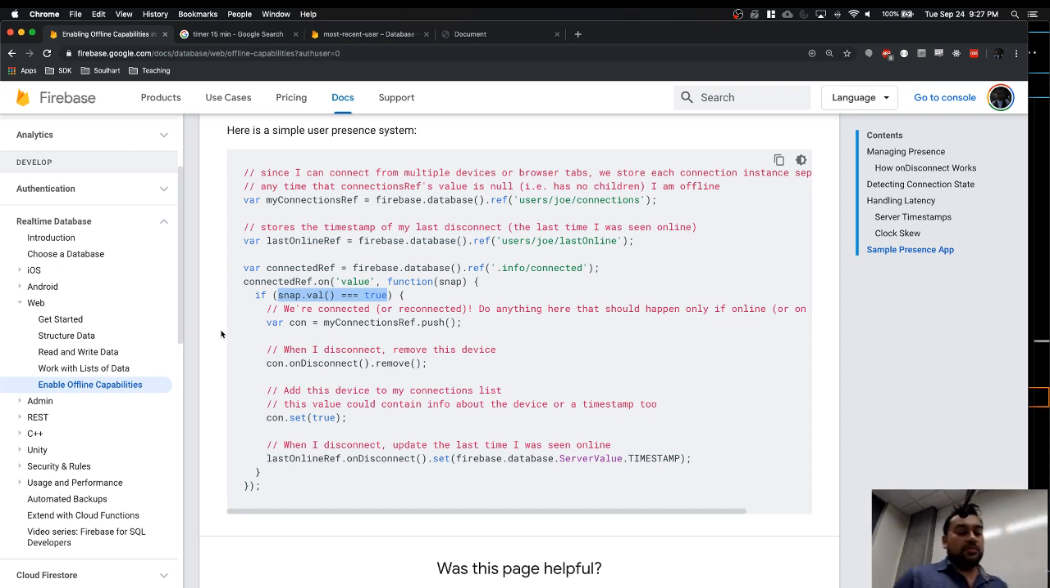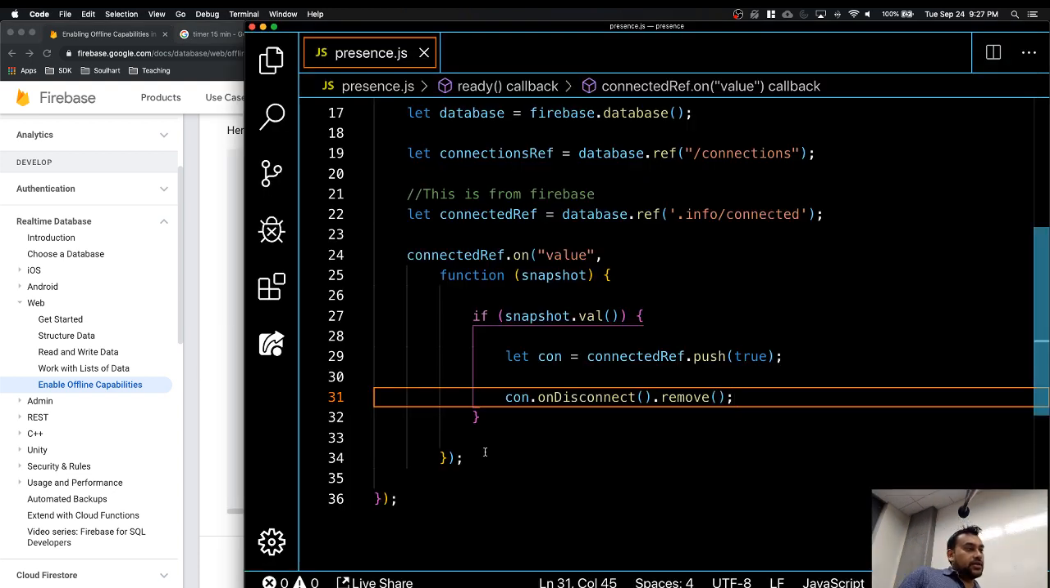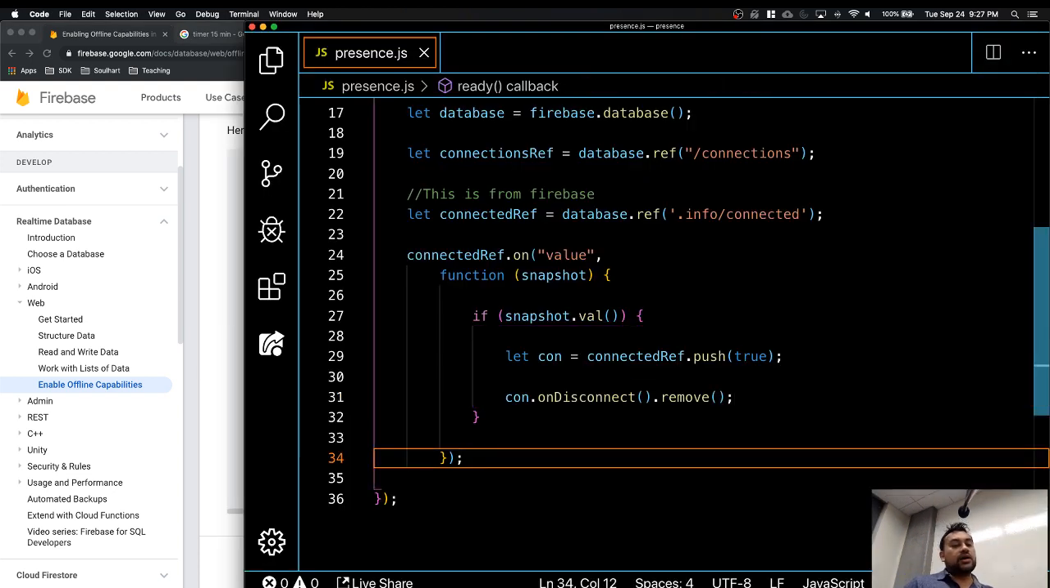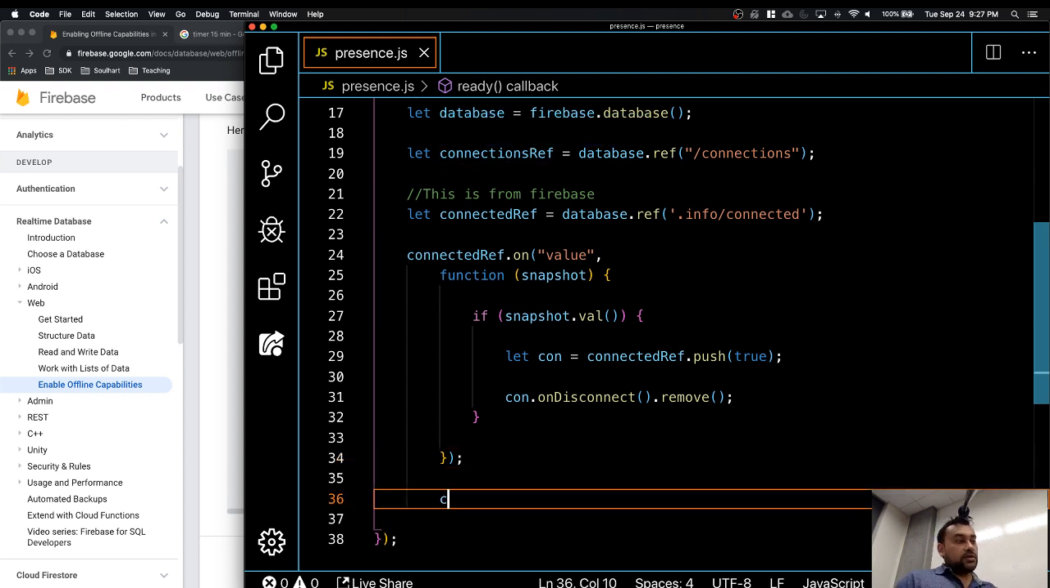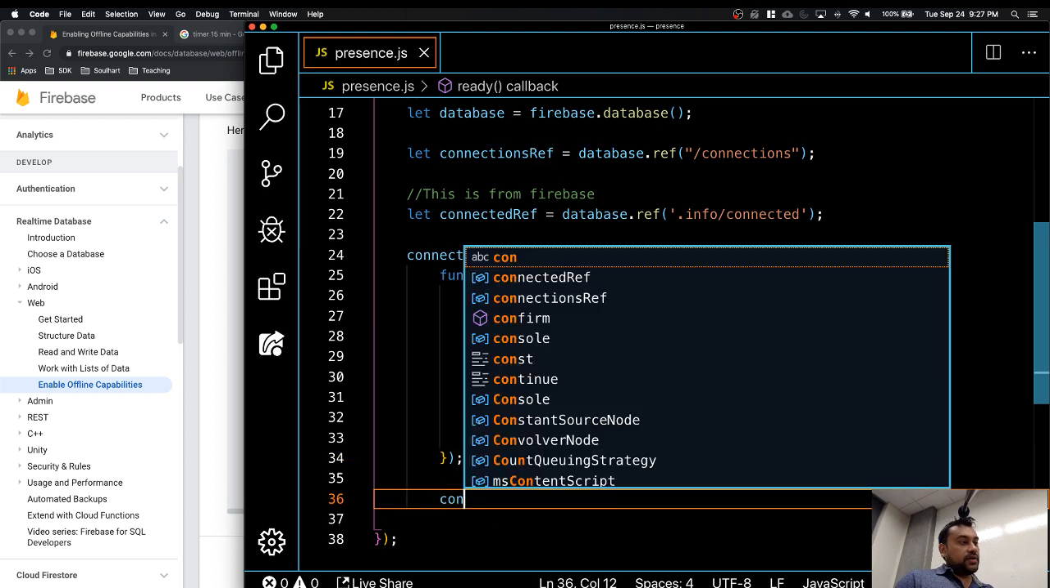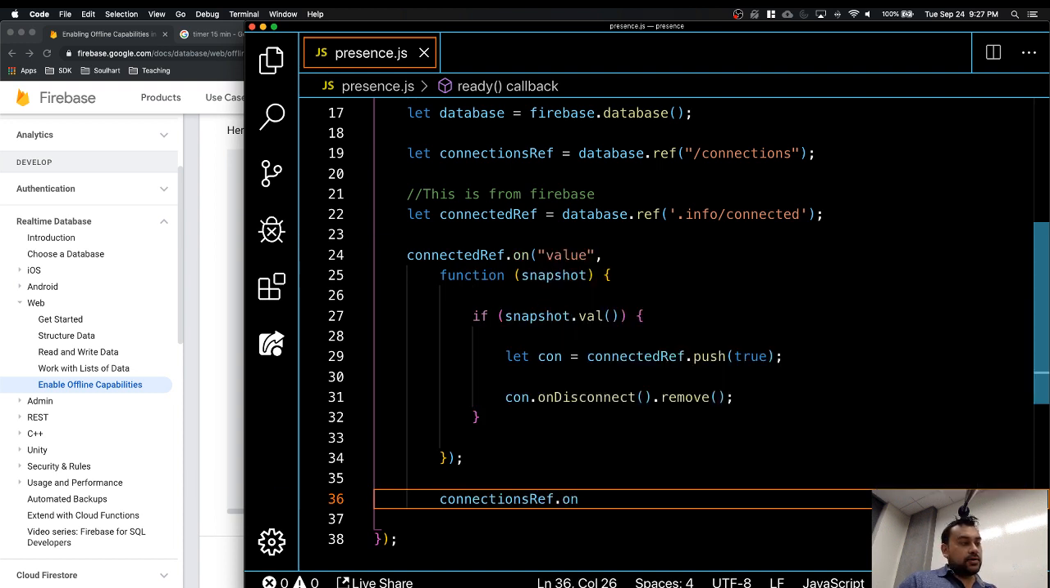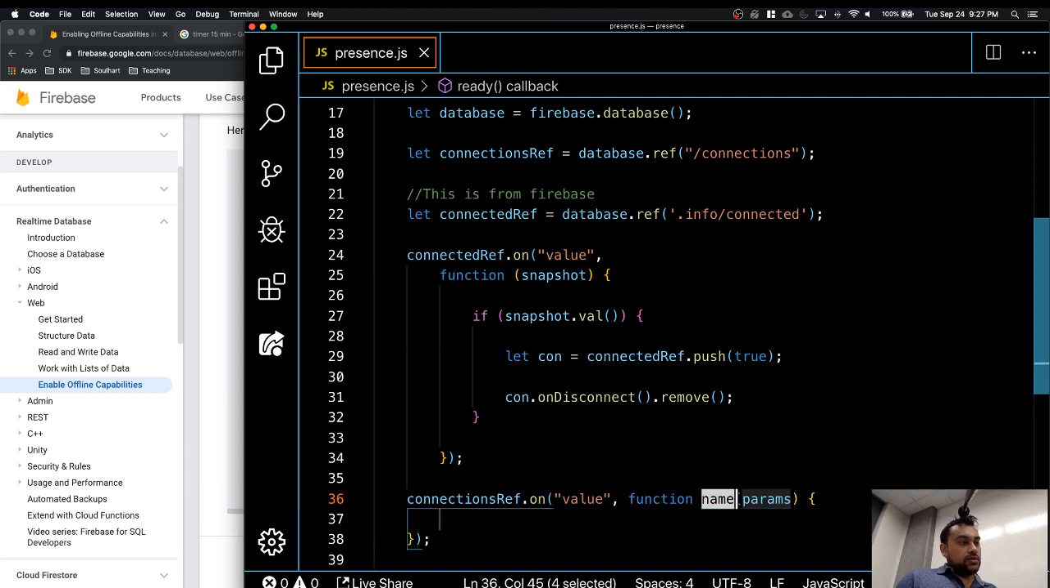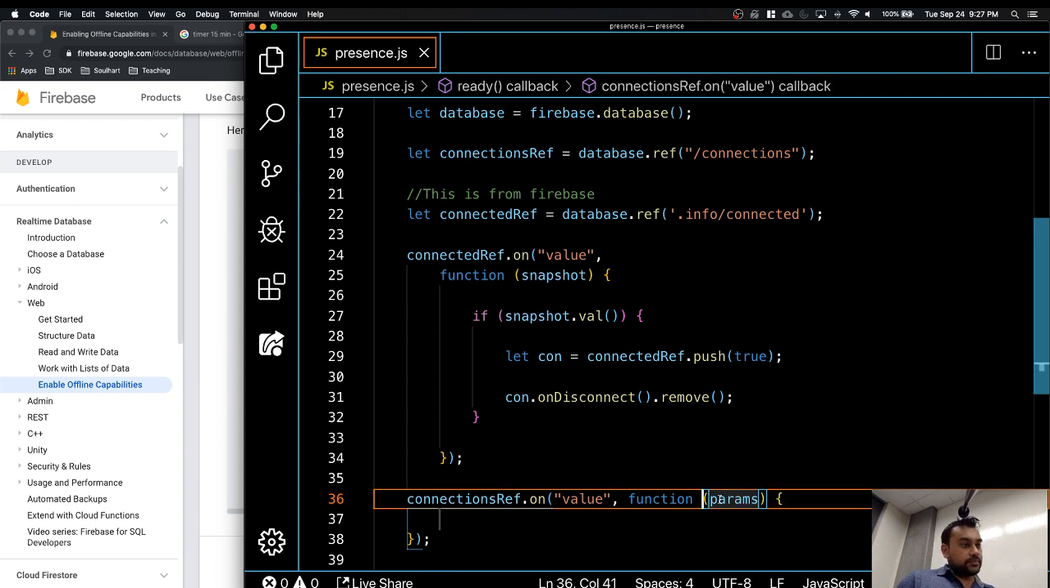Okay, the more important part is the next one, what's going to happen on our collection, which is this one, line number 19. So if I really quickly do connectionsReference.on, event value, callback function, call it snapshot, and then